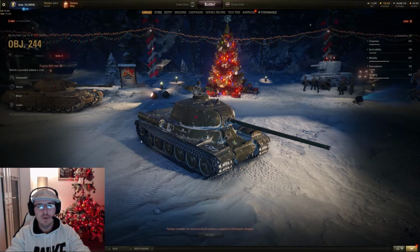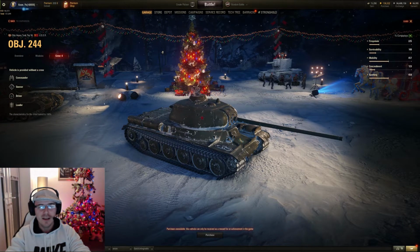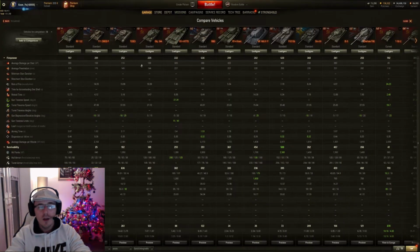Object 244, never ever seen this tank in the game. Again, if you keep checking this comparison site, you'll see tanks that they've added in updates that aren't actually released yet, but they'll potentially be adding in. So there's the Object 244. Some of these will probably be already out on the Russian server, that's why they're already here, and they'll just be bringing them across. The KV4